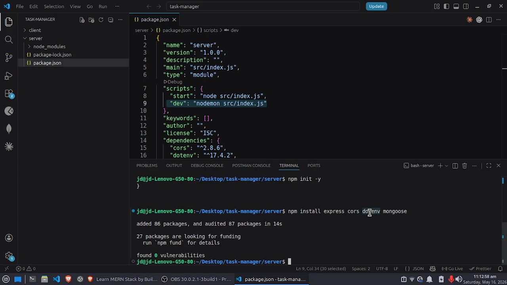Next one is the dotenv. This is used to read our .env file. In your system, your laptop, your computer, you see the .env file. Dot files are hidden files in your folder structure; you get many dot files. In the .env file we keep our secret things, like our database password,